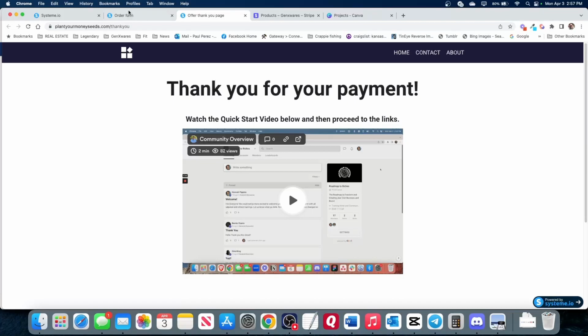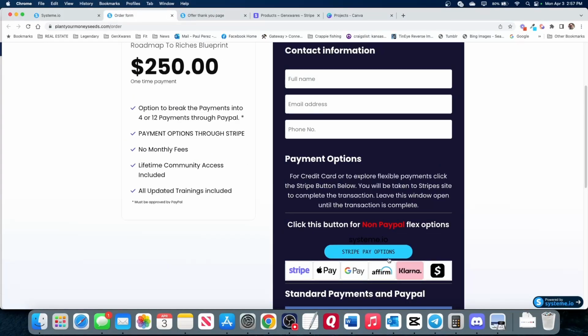But because now we've got to send them off the site so that they could use Apple Pay, Google Pay, Affirm, Klarna, or what is that? I forget what it's called, but we'll see it over there. Anyway,